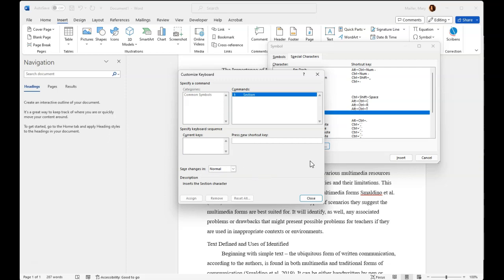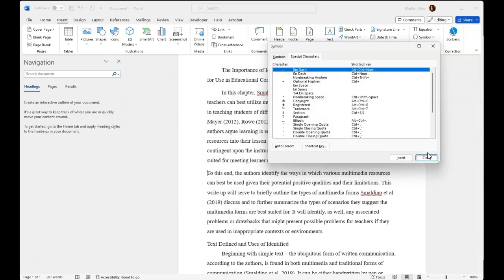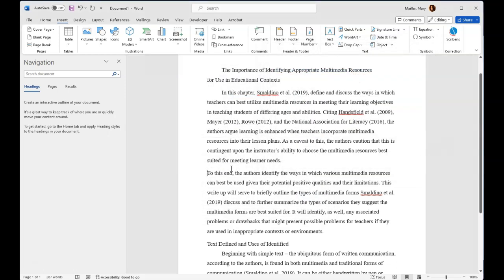And every time you create a shortcut, you have to use the Control button with it. Okay, so you're going to hold that down and use whatever pattern of keys that you want. So I'm going to use Control SS to create my shortcut key. And then I'm just going to hit this button here that says Assign. Okay. And then I'm going to close my customized keyboard, and I'm going to close my special characters box,